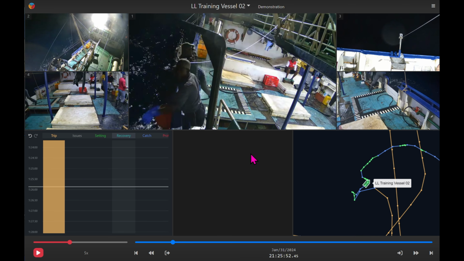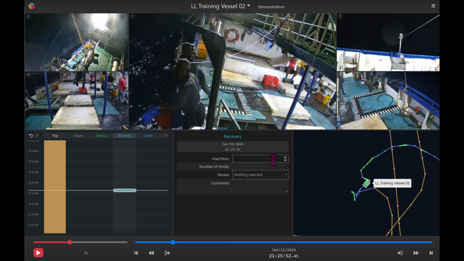Okay. So for longline gear, we know it starts and ends with the large radio flyer buoys. And for gear recovery marking, we want to make a note when we see that come on board. So I have recovery highlighted. The playhead is at the right location, so I'll hit enter. This is going to drop our recovery haul in here,